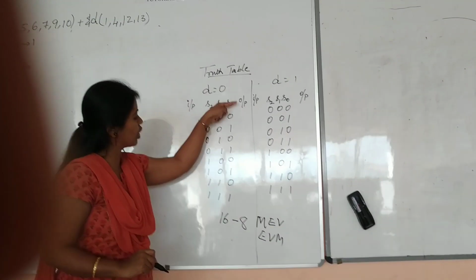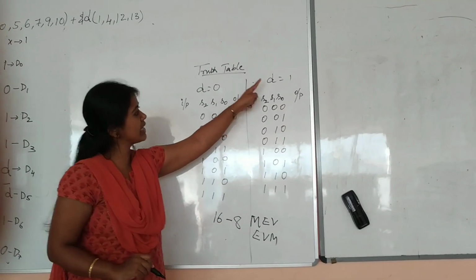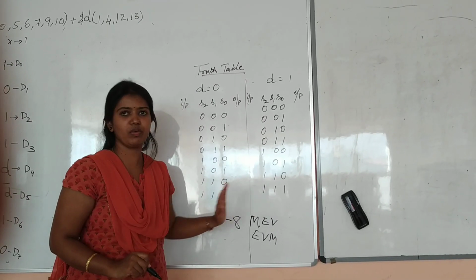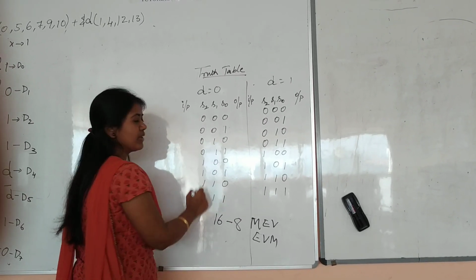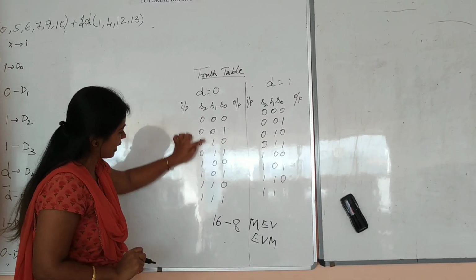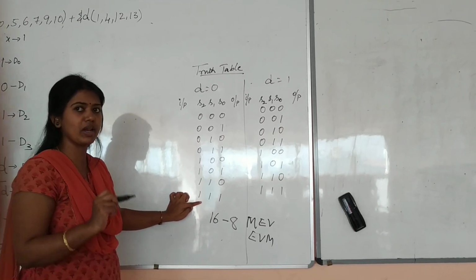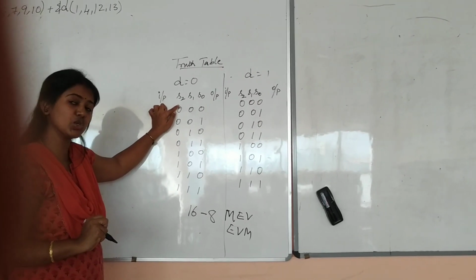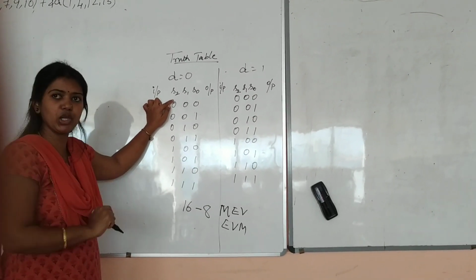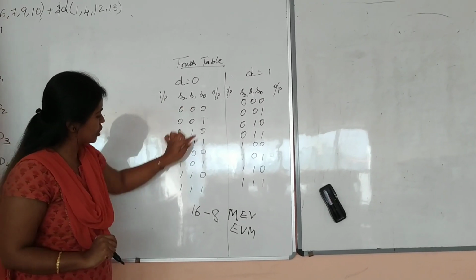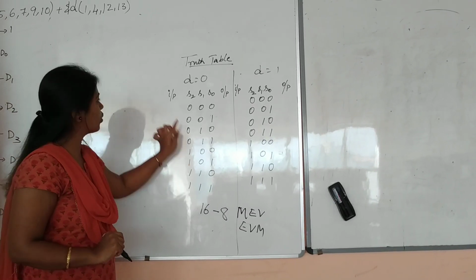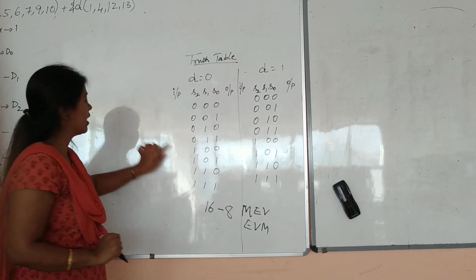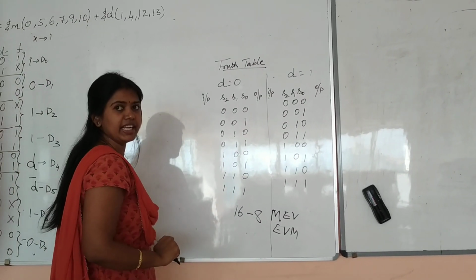When D is equal to 0, one truth table you will have. D is equal to 1, one truth table you will have. Okay. So now how do you fill this truth table? The select lines, you know, an 8:1 multiplexer will have 3 select lines. So how do you write these 3 select lines? 2 power 3, that truth table you will write. So that will give you 000 to 111. While filling this input column, you need to refer to these 8 inputs.